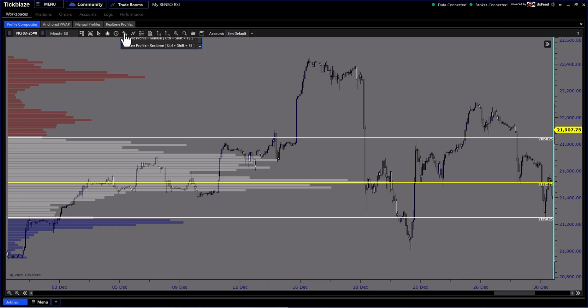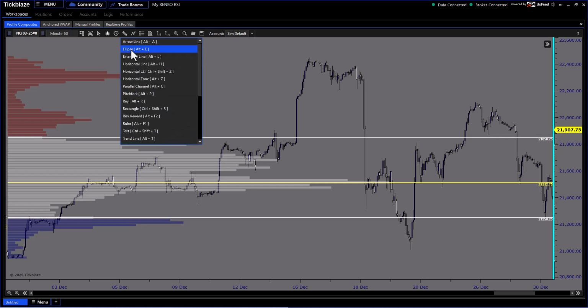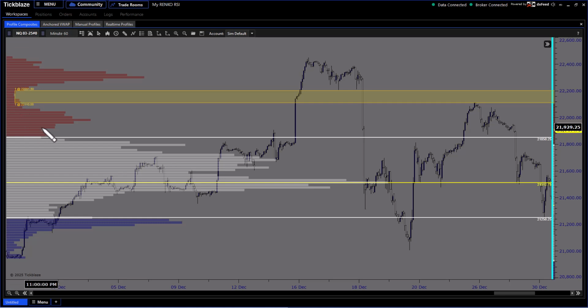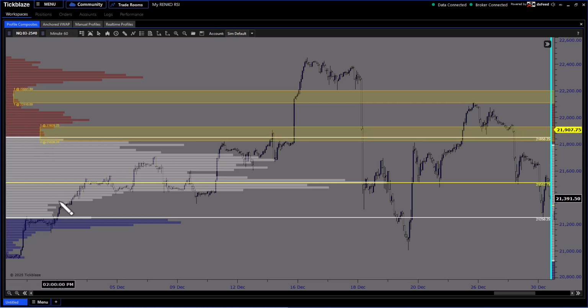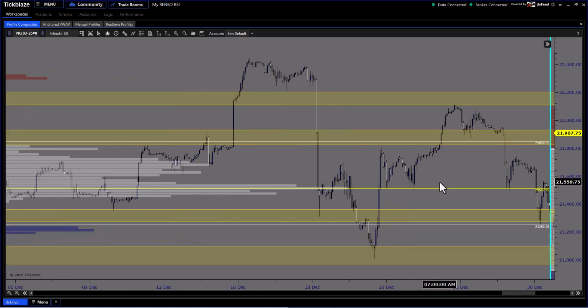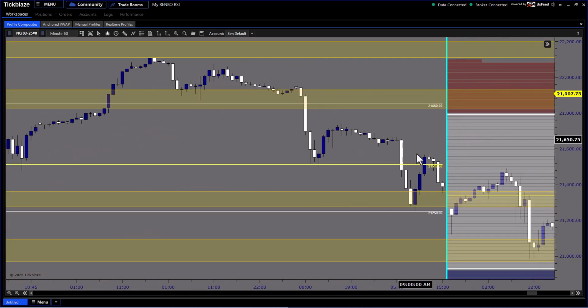Now I'm gonna come in here and we're gonna locate how to grab a horizontal zone. I'm gonna locate the low volume node here, low volume node here, okay? We're gonna do low volume nodes right here and low volume nodes right here, okay? And if you look at what's gonna happen now, if I just zoom in, we're gonna come in here,